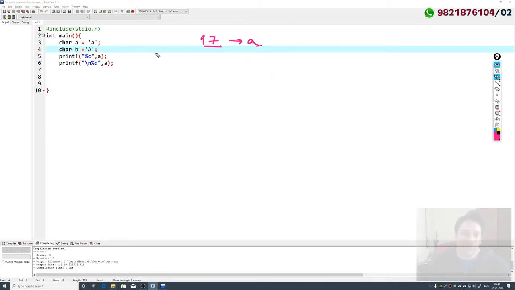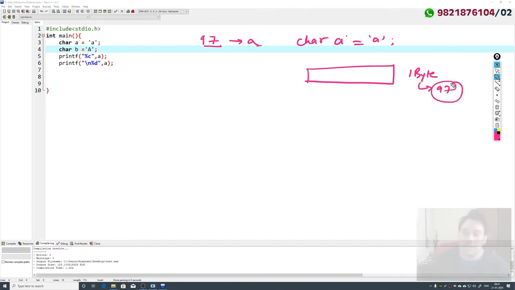If you do character A equal to small a, it means it is going to have 1 byte of space. In this 1 byte of space I am storing the value 97. Here we have stored the binary value 97, and this 97 in character is equal to small a. Okay.